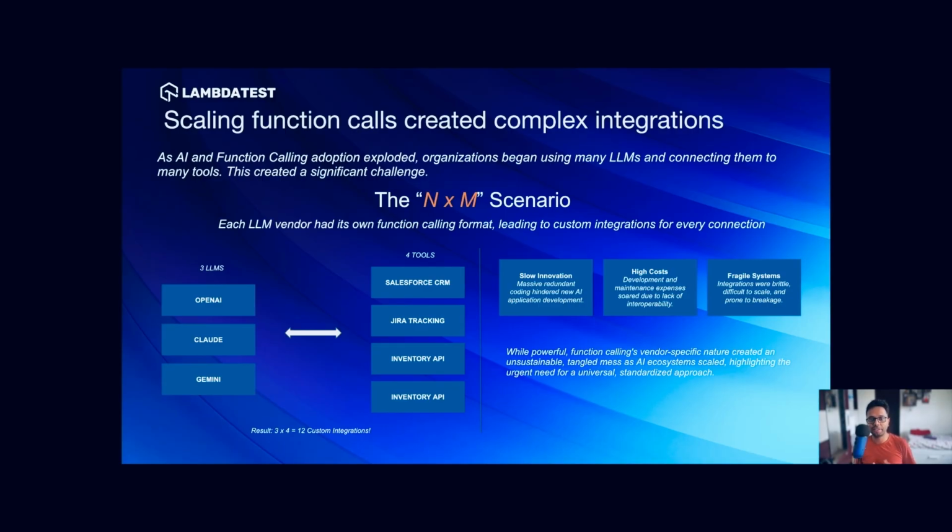So let's say they have this setup, and they have multiple tools for which they have created integrations, where they have built multiple chat applications, and they have Salesforce CRM, Jira tracking, some inventory API, a different inventory API for different things they have been working on. And these are all working fine. But if you see here, the number of custom integrations done is equal to 12.